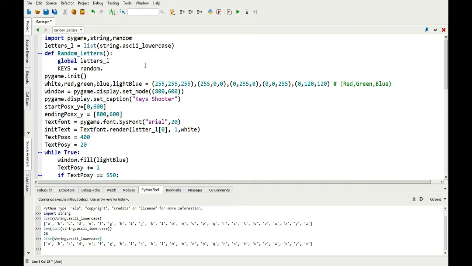Let's call it random.randint, and A is the starting and B is the finish. I know what you're thinking. You're thinking let's do 26, but 26 is wrong. 25, because 0 counts as a number also. So now after we've done this,